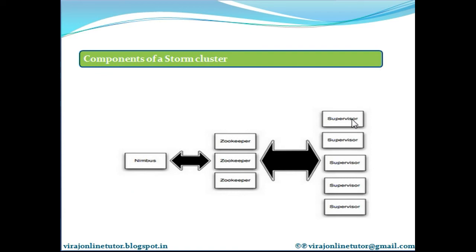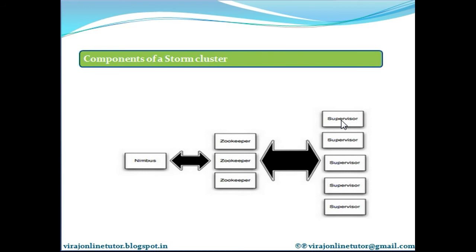Each worker node, which I have mentioned in level 3 of my diagram, runs a daemon called the supervisor. The supervisor listens for the work assigned to its machine, and starts and stops worker processes as necessary based on how Nimbus assigned tasks to this node.